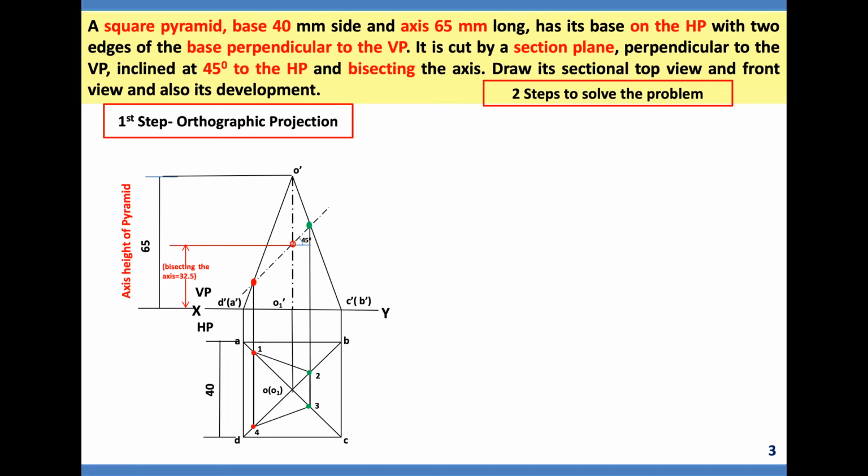Let me join from 1 to 2, 2 to 3, 3 to 4 and back to 1 in the top view. Now the observer is positioned here. Let us make the cutting point notations in front view. 4 and 3 are nearer to the observer. 1 and 2 are away from the observer. It will be indicated in brackets. You can see, I will explain: 4 nearer outside, 1 away inside. 4 dash, bracket 1 dash. Here like that, 3 dash, bracket 2 dash. We got four cutting points in the front view.